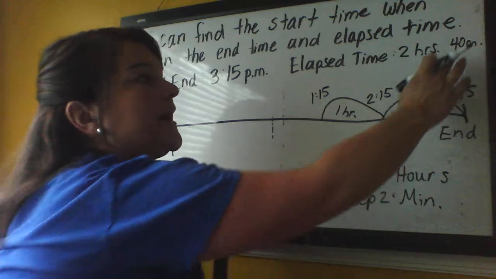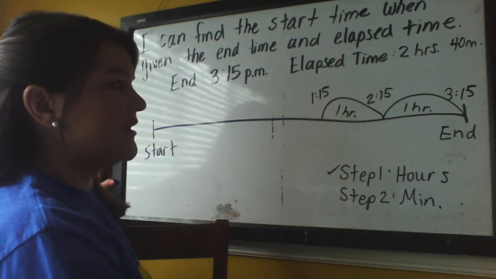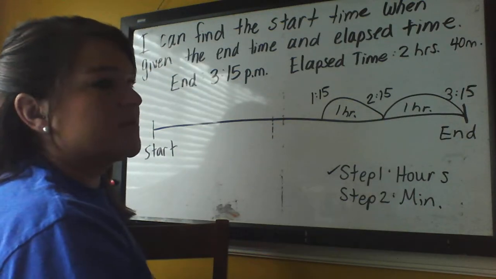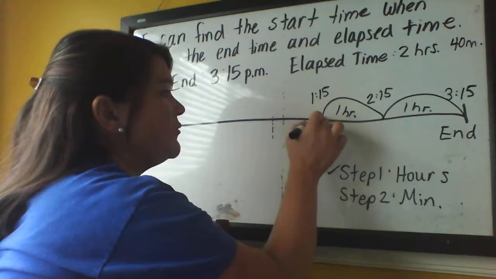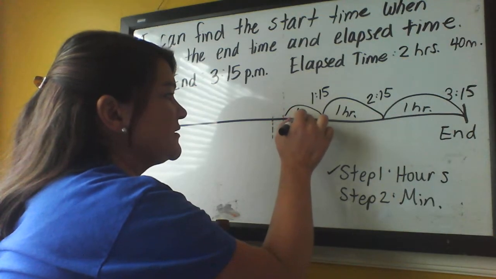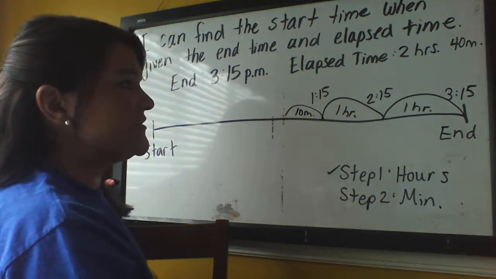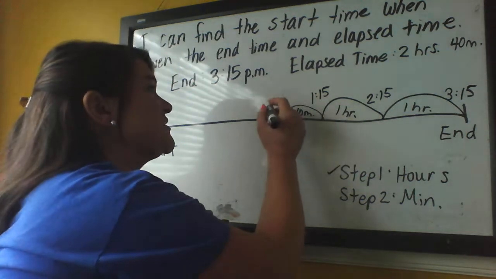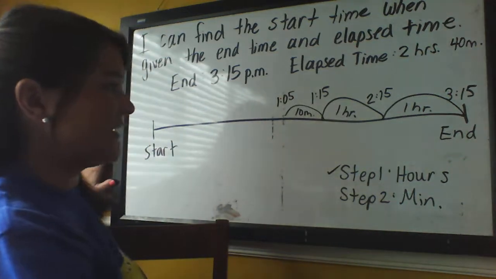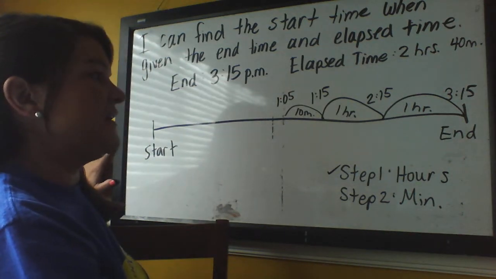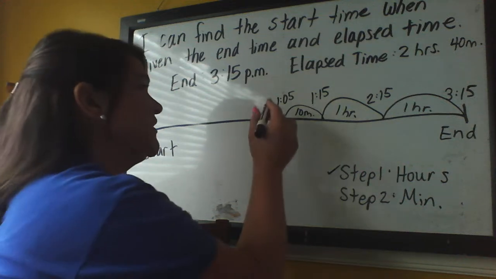Now let's do our minutes. We have to go back 40 minutes. Okay, so we always want to do 10-minute jumps or 5-minute jumps. Okay, so if I go back 10 minutes and it's 1:15, if I go back 10 minutes, now it's going to be 1:05. Okay. Now if I go back another 10 minutes,